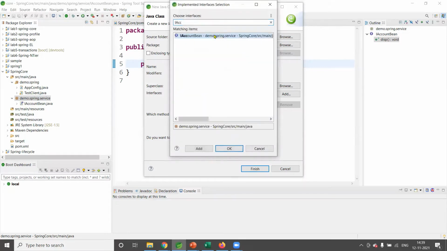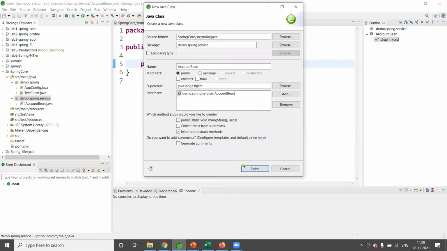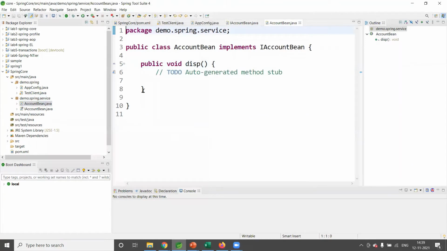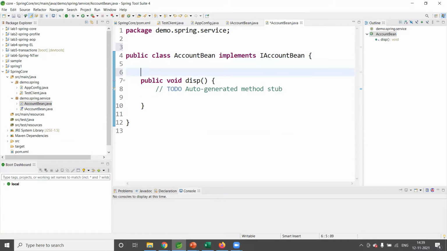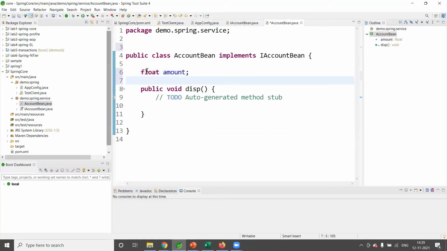Okay, finish. So in this, we can create some attributes. Let me put float amount. So the value for this amount can come from property files, so we can get it from property files.